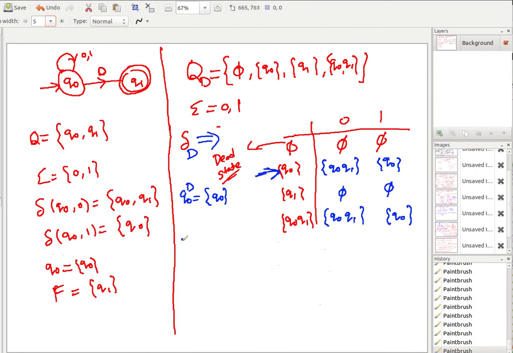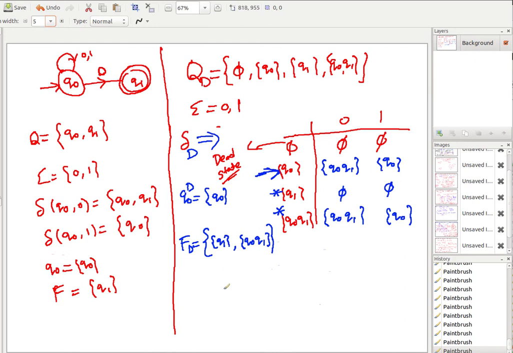And what will be the final state? It will be any of the states containing at least one element from the final set of the NFA. So NFA has Q1 as the final state. So all the states possible here which have any of the elements from F become final. So my FD will comprise Q1 itself and the other state Q0 Q1. Both of them will be final states, and therefore to represent that, 2 asterisks here.